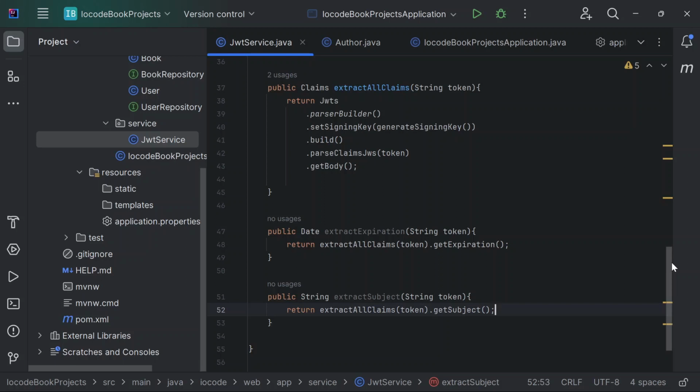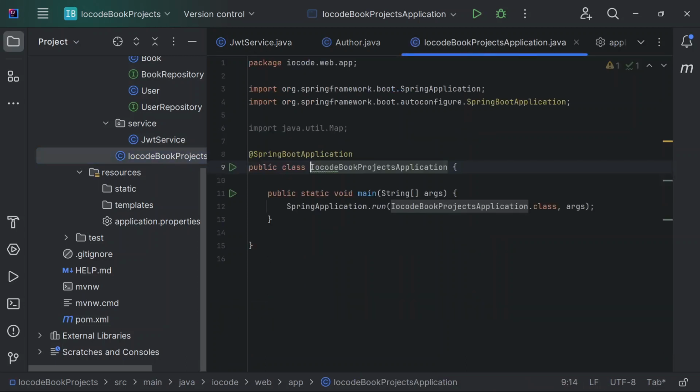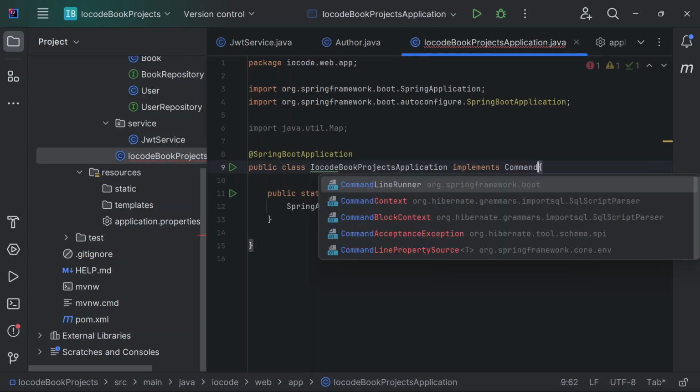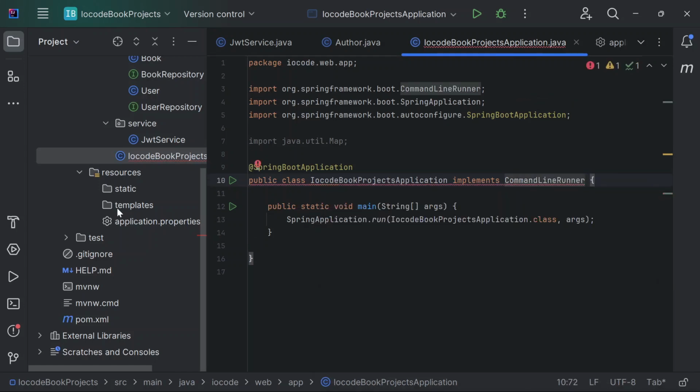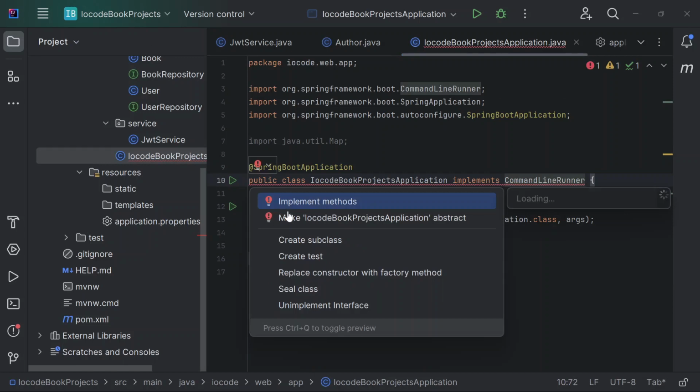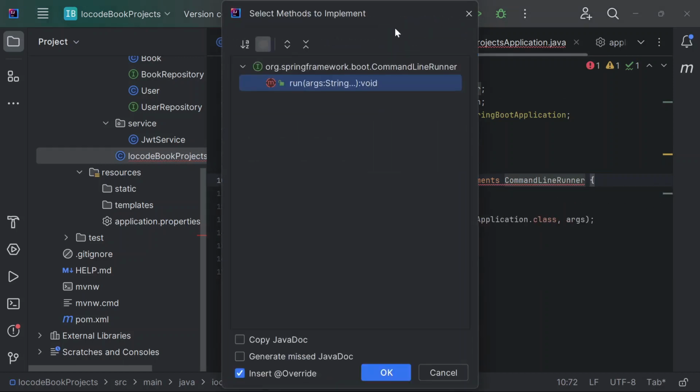Now let us go ahead and start our application, and before any call to any of the endpoints, I want to implement the command line runner. So we can generate a JWT key and decode that same JWT during the startup of the application. So I'll just implement CommandLineRunner. I will then provide implementations for the run method, and okay,